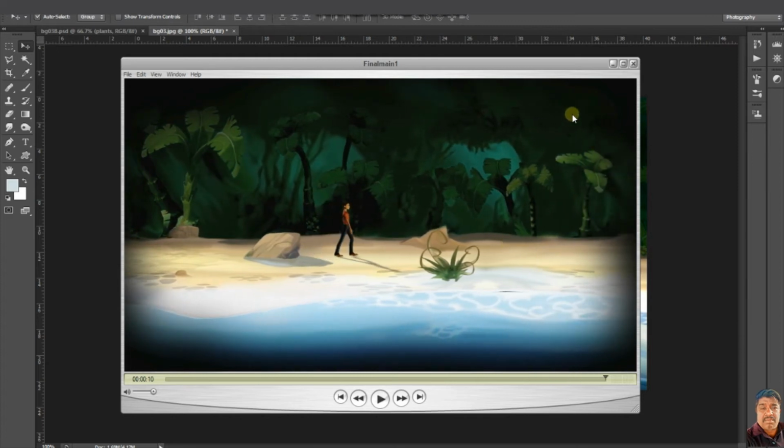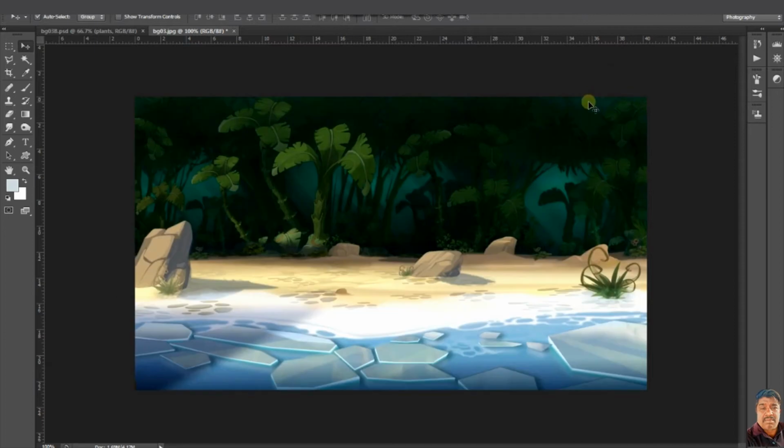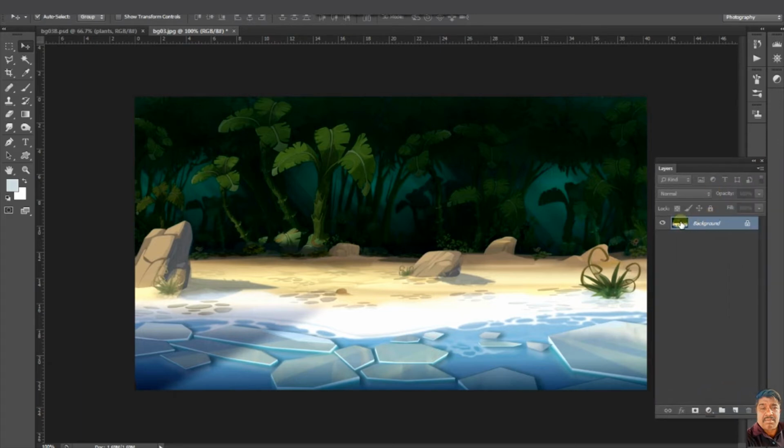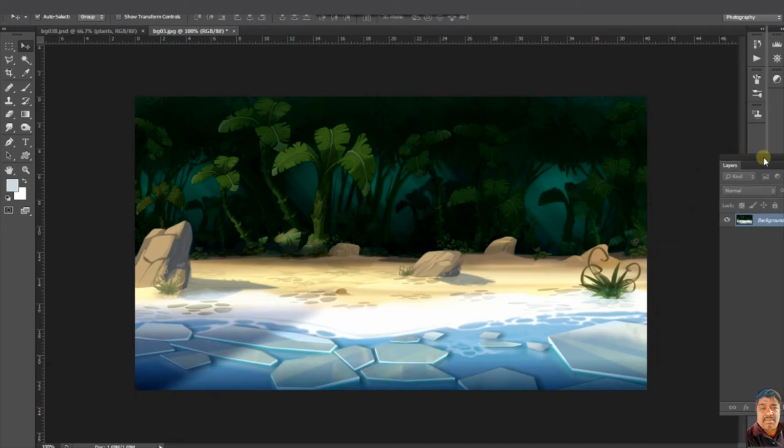The thing is that now there is only one layer, and that is this background layer. This is one layer, but I separate all the parts one by one.